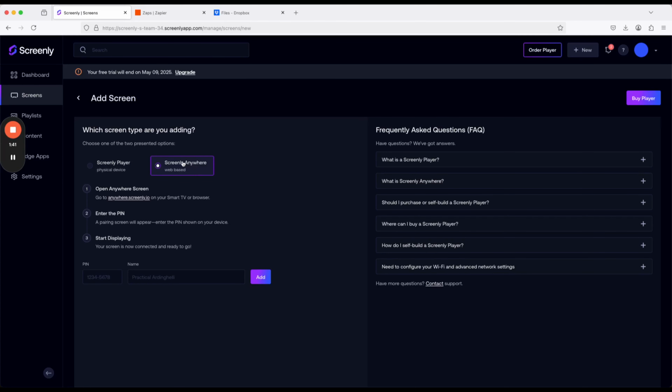But for this demo, we're going to use a Screenly Anywhere screen, which is our screen type that allows you to use any existing hardware you have, including your laptop or desktop. Any type of hardware that can display a modern web browser, you can use as your screen. So how we'll do this is we will click on